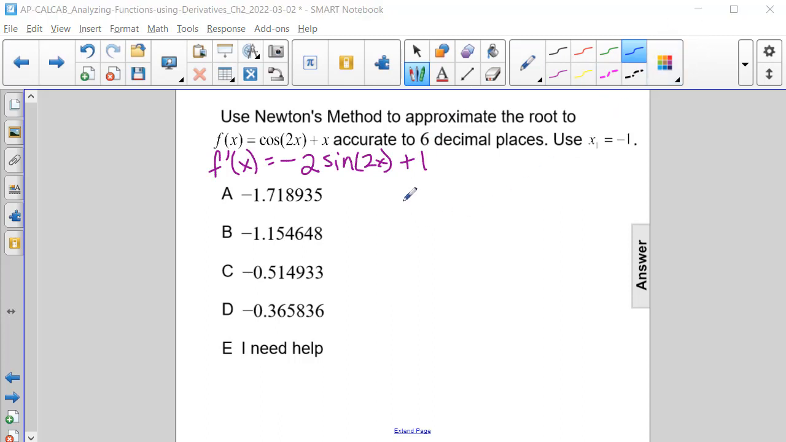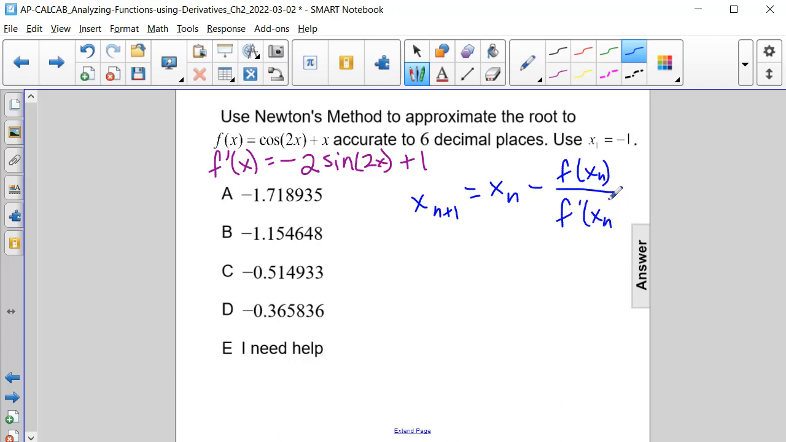Newton's method requires us to find our x2 term and the terms that occur afterwards using the formula x sub n plus 1 is equal to x sub n minus f of x sub n divided by f prime of x sub n. So when we're using x1 to find x2, we can substitute it in as follows. x2 is equal to x1, which is -1,